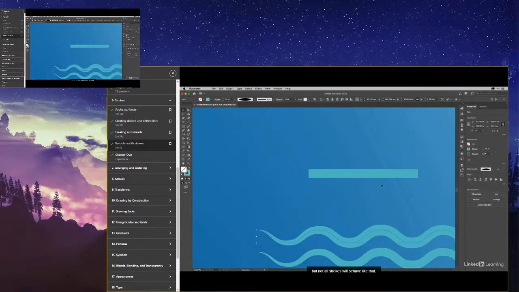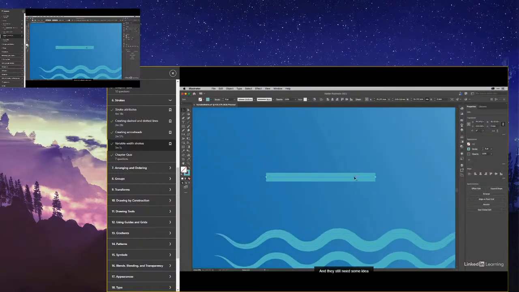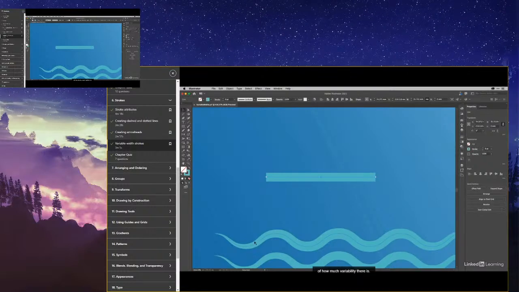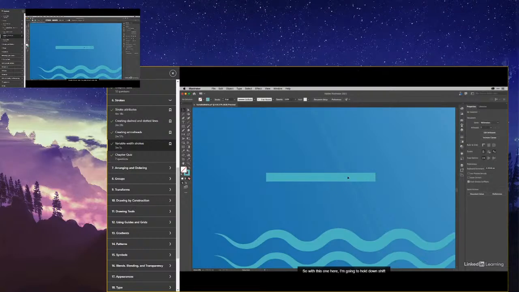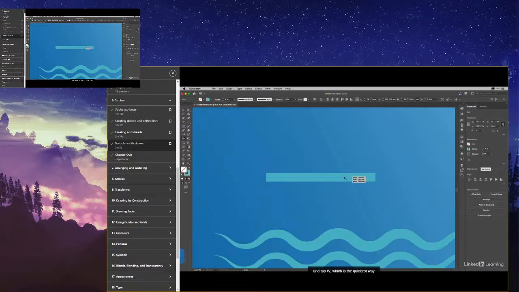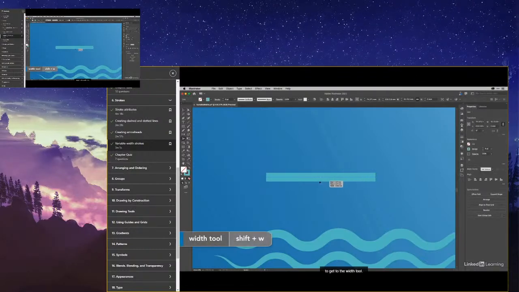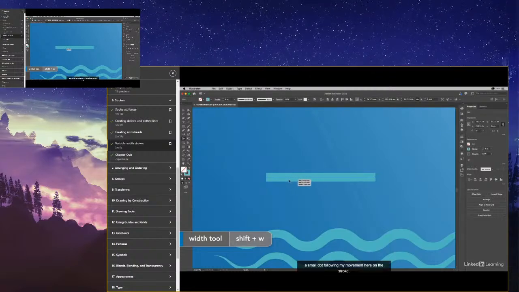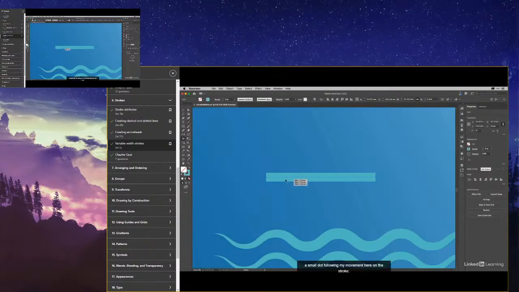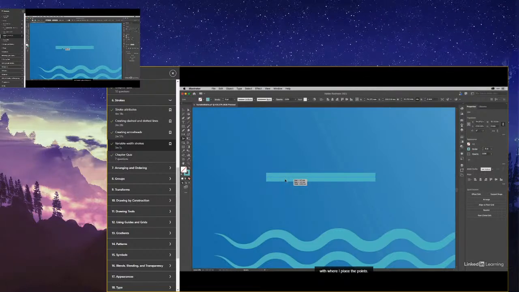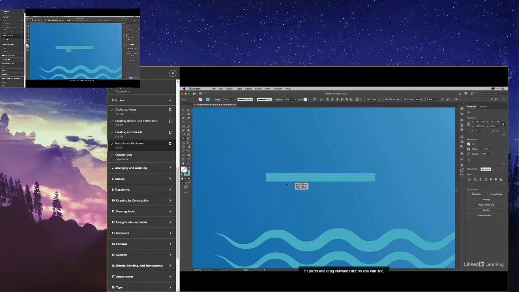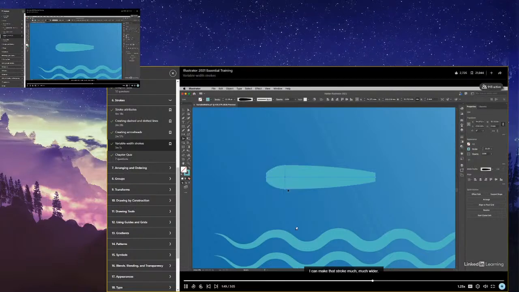But not all strokes will behave like that, and they still need some idea of how much variability there is, and it's difficult to do that with a narrow stroke. So with this one here, I'm going to hold down Shift and tap W, which is the quickest way to get to the width tool. Now you might just be able to see a small dot following my movement on the stroke, and that's basically helping me with where I place the point. And if I press and drag outwards, like so,